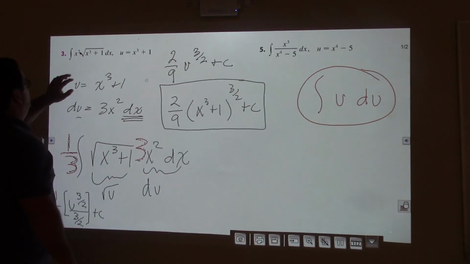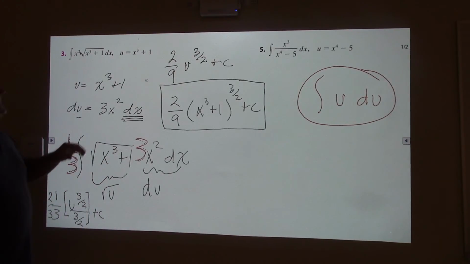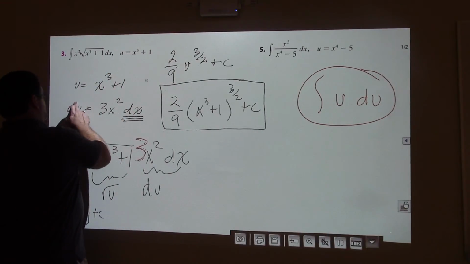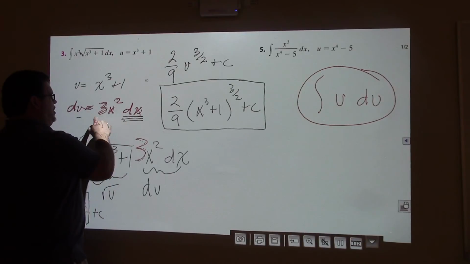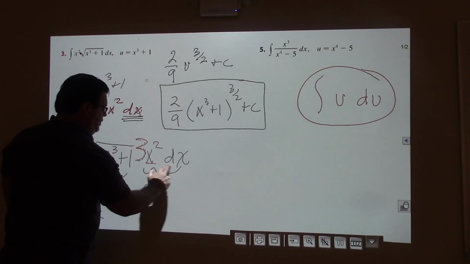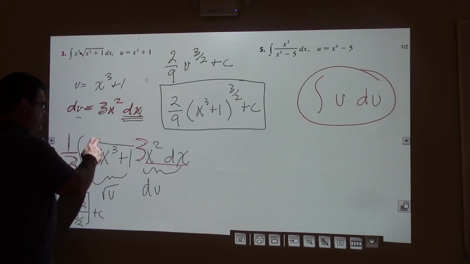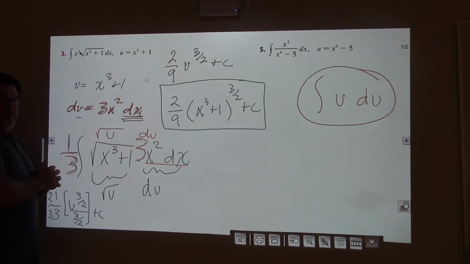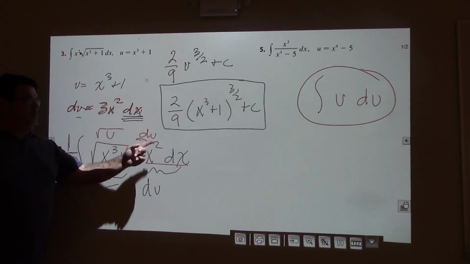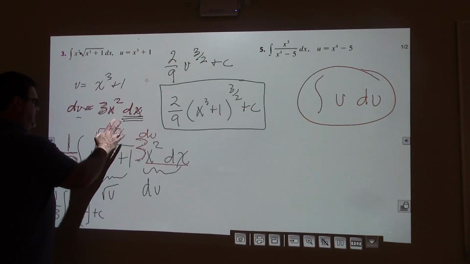Okay? Right here. If u is equal to x cubed plus 1, you always pick the most complicated part. Then what is du? Du is equal to 3x squared dx. Well, we don't have 3x squared dx. We have x squared dx. I get that. I just feel lost on what you did after. Okay, well, once we have this, what do we have? We have the square root of u du. And once you have u du, you can take the antiderivative of it by just raising this to the